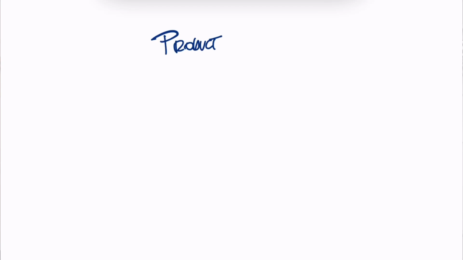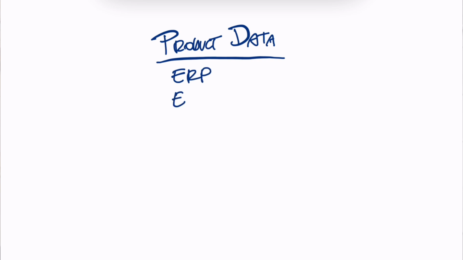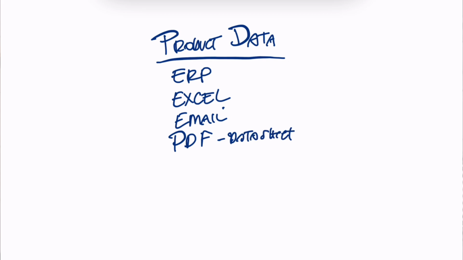Where does product data sit today? Without a PIM, it really does focus on product data. And so today, product data typically, without a PIM in place, exists in the ERP and Excel files, email, PDFs like PDF data sheets, catalogs,